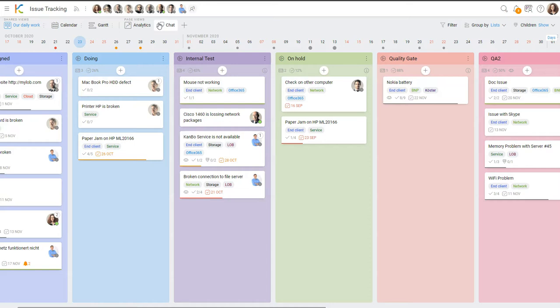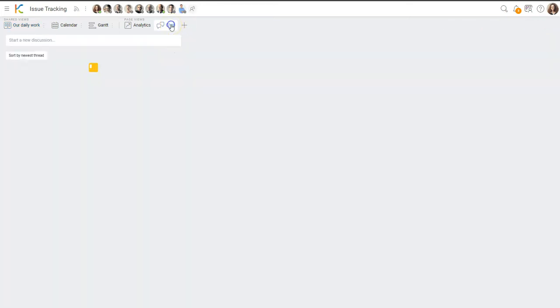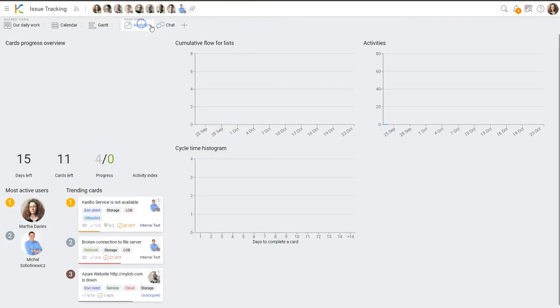For example, I could enable the chat where you and your colleagues can have a high-level conversation with teammates related to the board, but not to a specific card. Like you could discuss adding a new label, or maybe discussing a new view that would be available to everyone, or any other team organizational topic. It is also possible to create boards that have only chat enabled, and there are no cards. Another powerful page view is analytics.